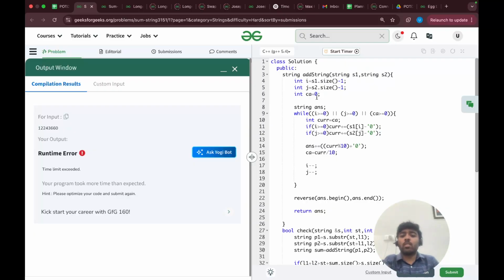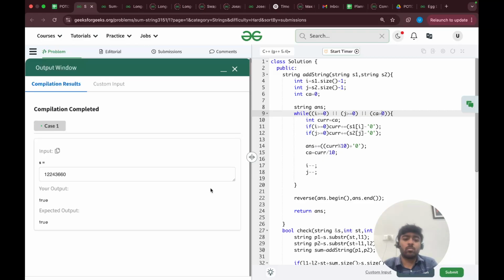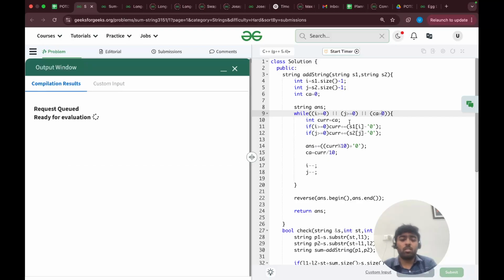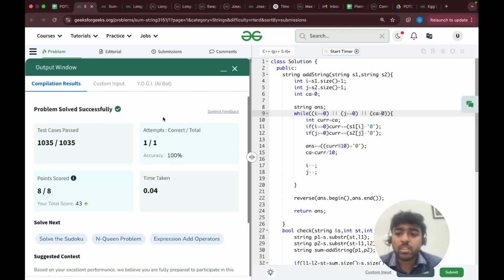And here we have i, here we have j, carry, answer. So this carry should be equal to 0. Yeah, let's submit it. Okay, it has been submitted correctly.